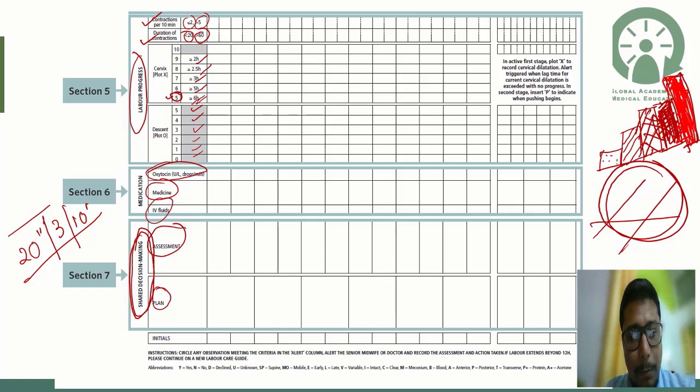So this is the descent plot. Section 6 is oxytocin, medicine and IV fluids. So we see that previously IV fluids were there, but now along with it oral fluid is also additionally added,